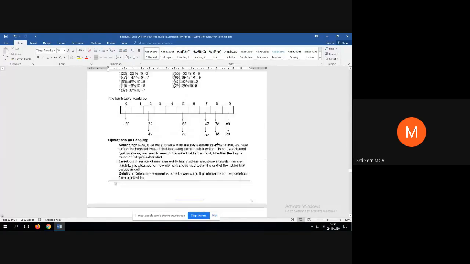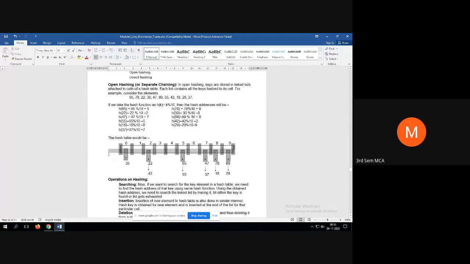So how to search here? First we find the hash address, then we come to that index, and in that cell there will be a limited number of elements, where we search. Therefore, this yields better performance than closed hashing.